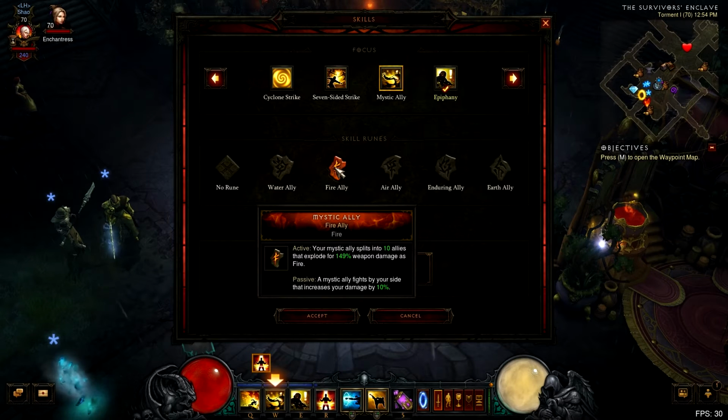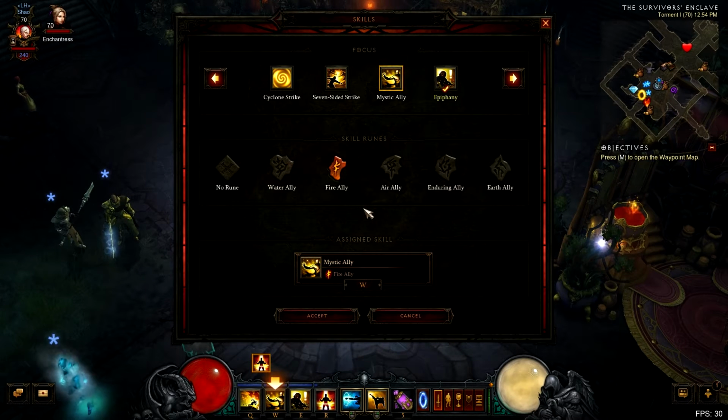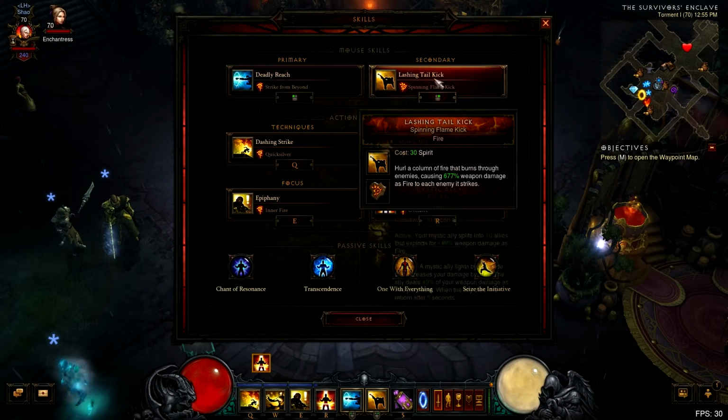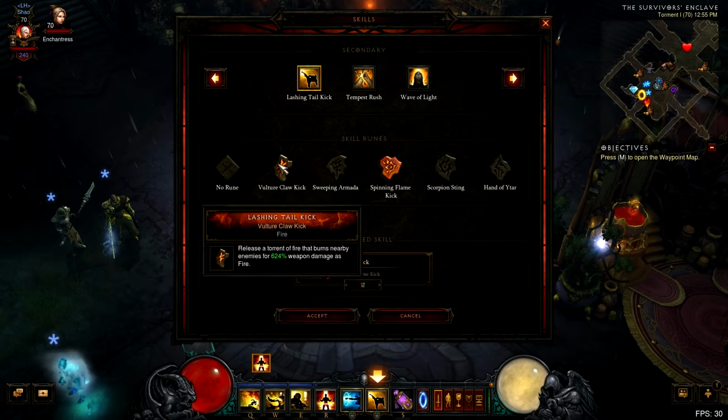I only switched because of the damage now, and I actually notice a fairly big difference, and I don't mind not having as much spirit regen, because I do have more gear. So as I've geared up, I've gone from spirit regen to more damage and a little bit more survivability. And then for me, for my Lashing Tail Kick, a lot of people use Vulture Claw, which is very nice